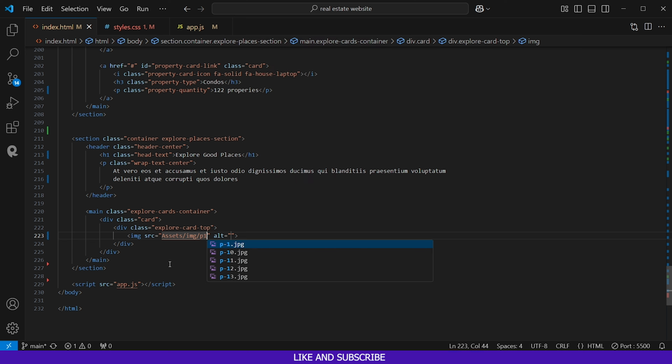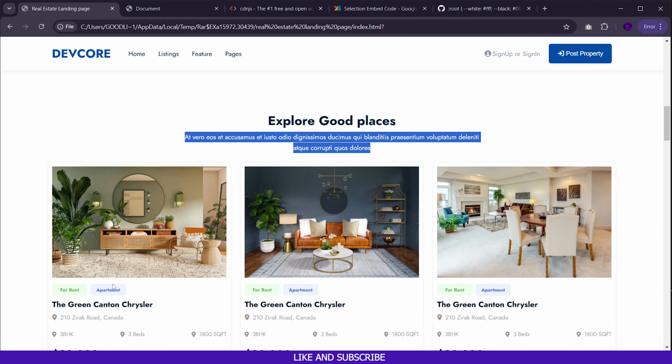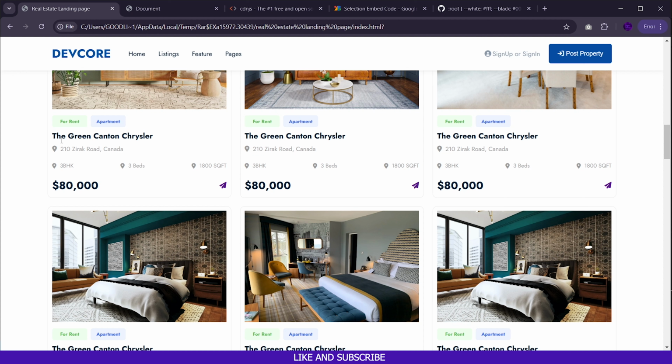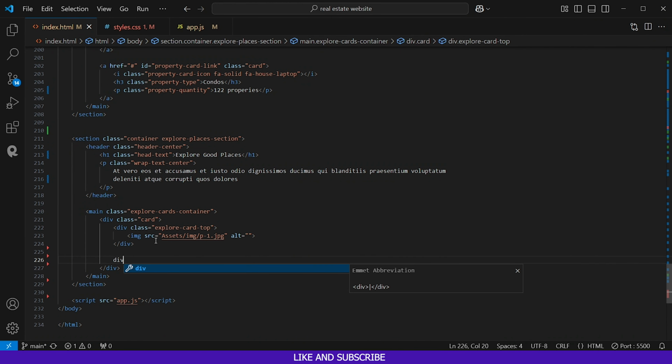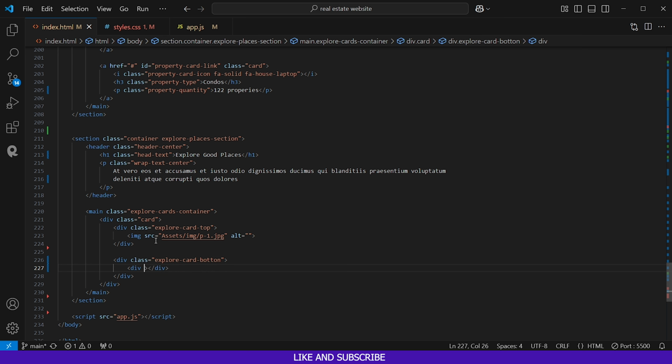Here I'm going to use this image, and next we're going to create our explore card bottom, which is this bottom part of our card that says the green Canton Chrysler and for rent and apartment. To create that, we need another div just down here, and it's going to have a class, and the class is going to be explore card bottom. And inside it, we are going to have our bottom details. The first one is going to be a div, and it's going to have a class. The class is going to be property name description,